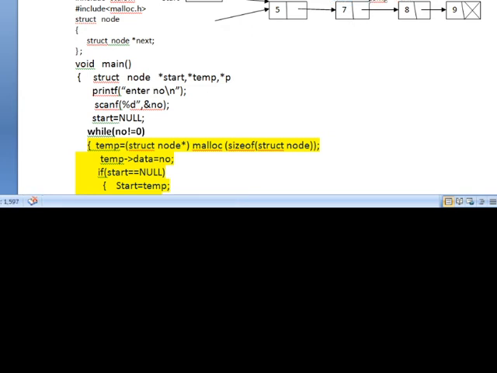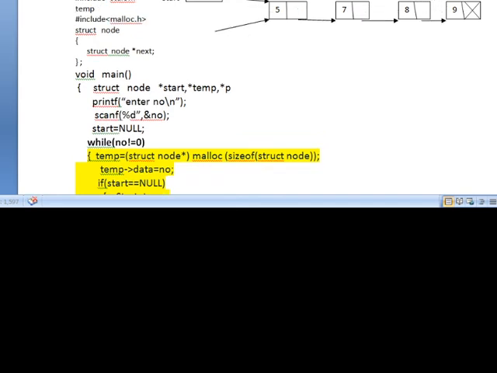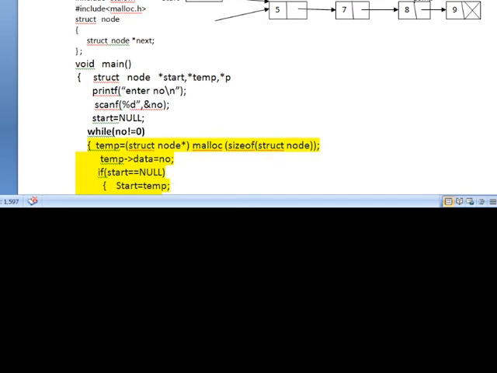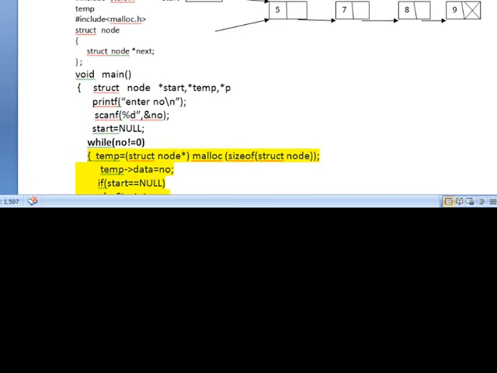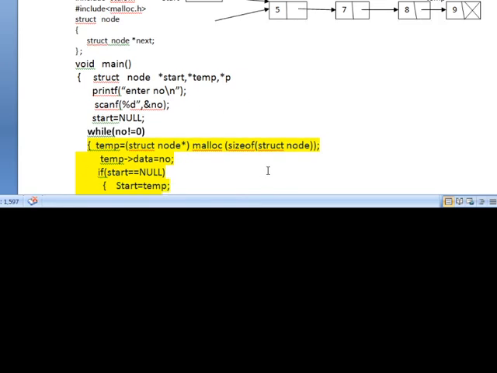Only after terminating the while loop, we got this. So this is the result after terminating the while loop. 4 nodes have been created. The starting address is available in start, the starting node address is in start, and temp points to the last node.